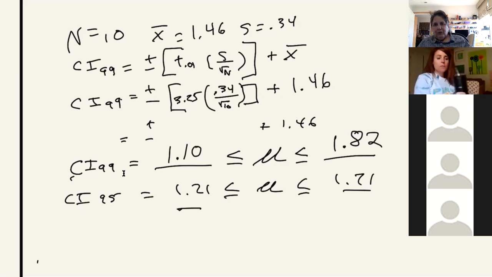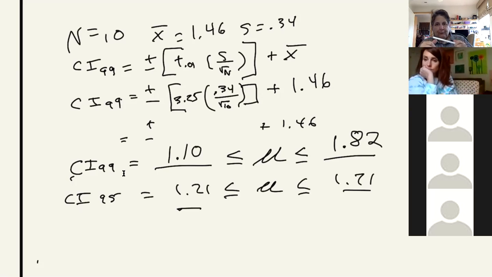If I want to be really sure that I captured it, I have to go bigger. Think about it like you lacrosse guys: if you want to get the ball into the stick, it helps to have a bigger net. This is the exact same thing. I have to cast a wider net if I want to get 99% of the fish. I have to cast a larger range if I want to capture 99% of students' answers, rather than being content with just 95%. Does that make sense? So when you're 99% sure, you end up with a larger range,